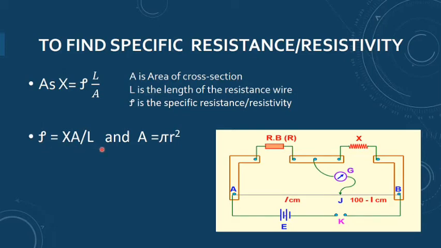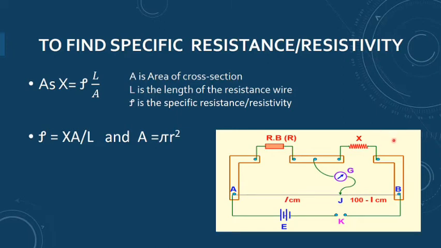Similarly, if you want to prove the laws of series and parallel combination, you will be given two resistances, say X1 and X2. You will repeat this experiment twice, first with X1, then with X2. Then for the third part, you will join X1 and X2 in series and do it again, which makes 3 times. When you have to find the parallel value, you will connect X1 and X2 in parallel and take another set. It means 4 sets of observation: one for X1, then X2, then X1 and X2 in series, and then X1 and X2 in parallel.